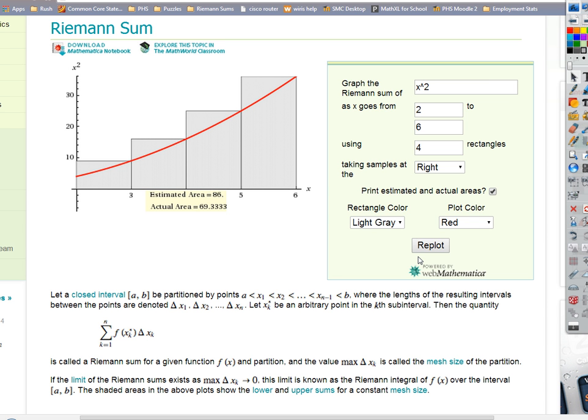There's 70. Okay, so the actual area is 69.33 repeating, right? 69 and a third. So that's a pretty good estimate, isn't it? Right? Now, what are things that are going to erode the